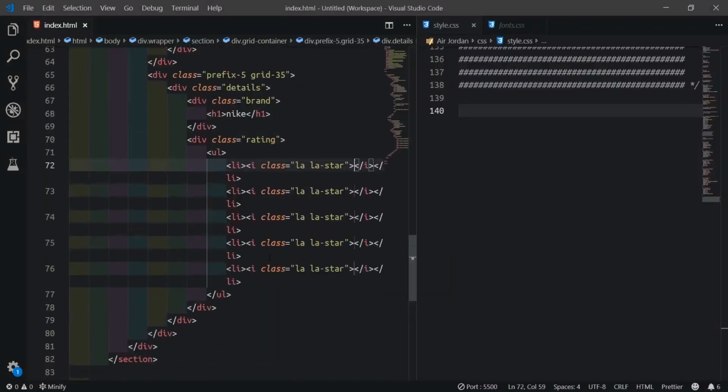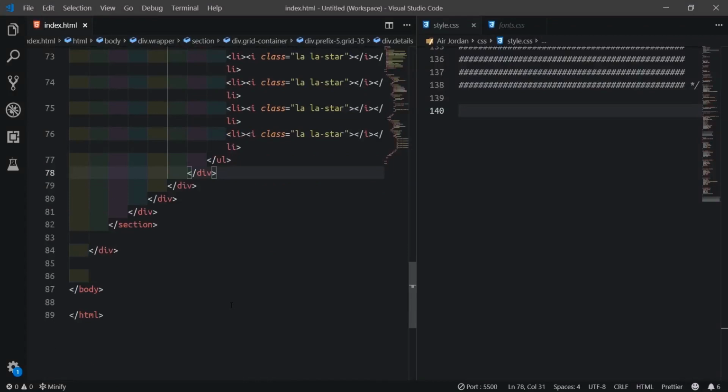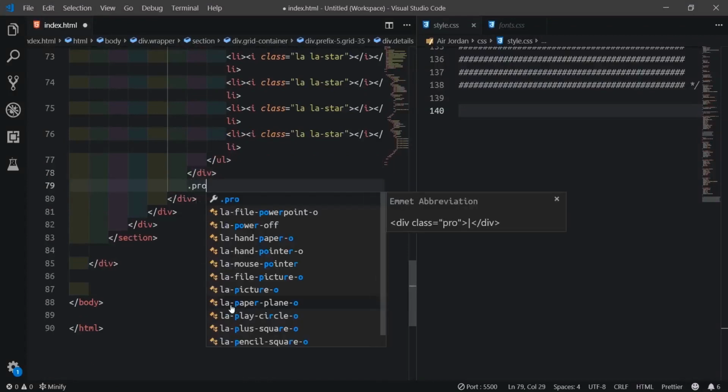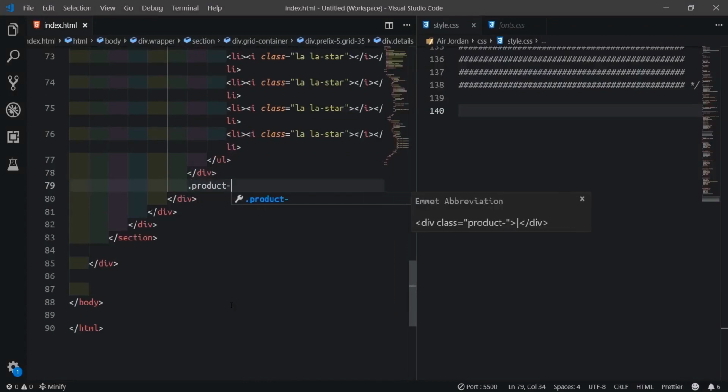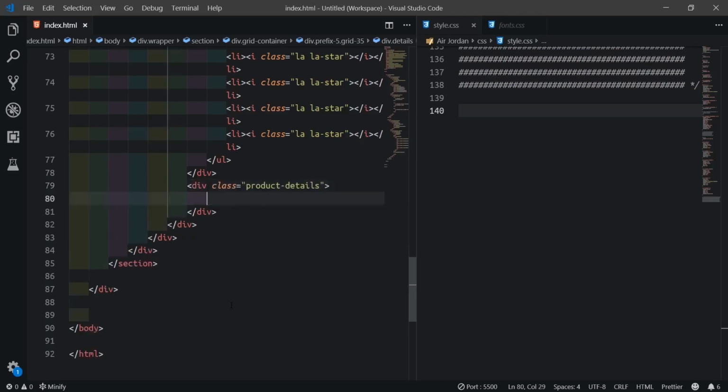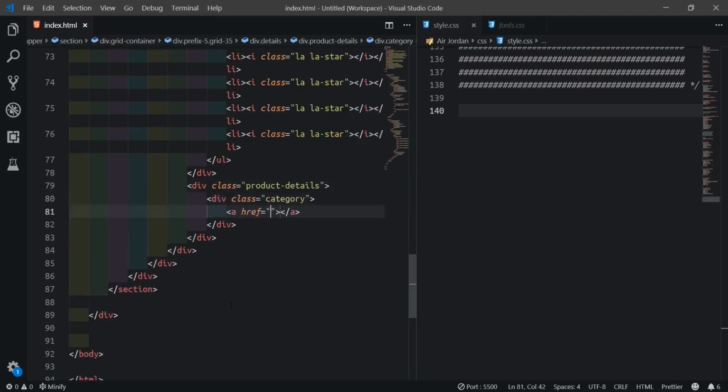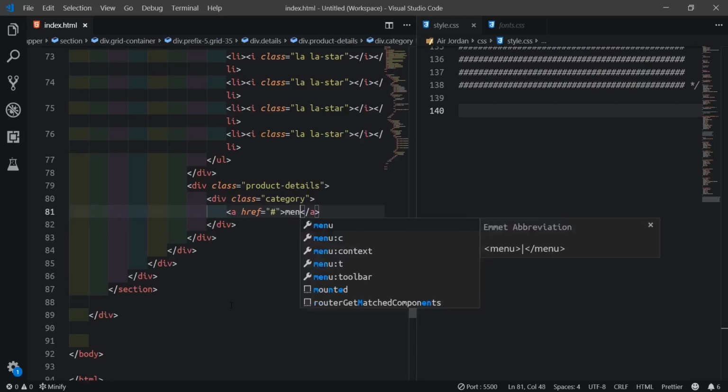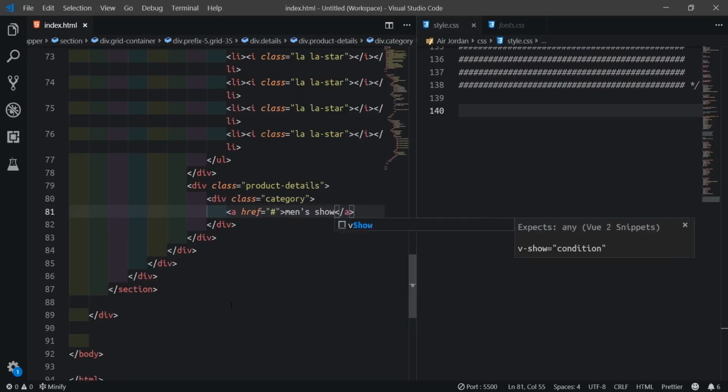So after this rating we'll get the product details. Inside the product details we'll get the category, an anchor tag, men's shoe.